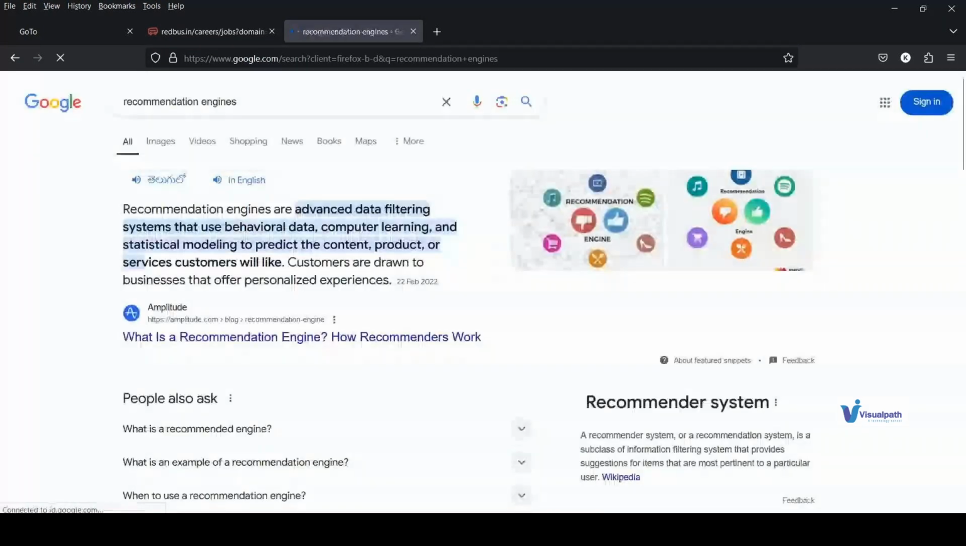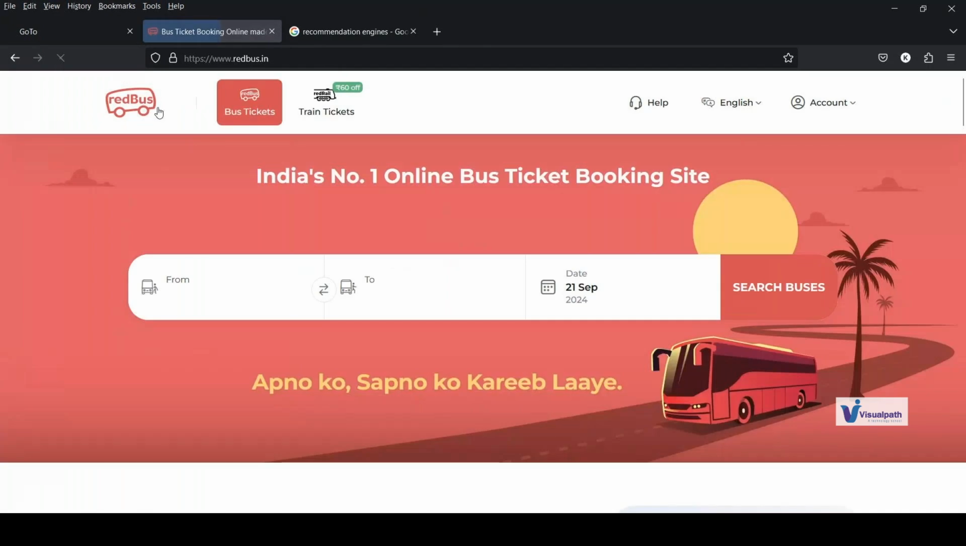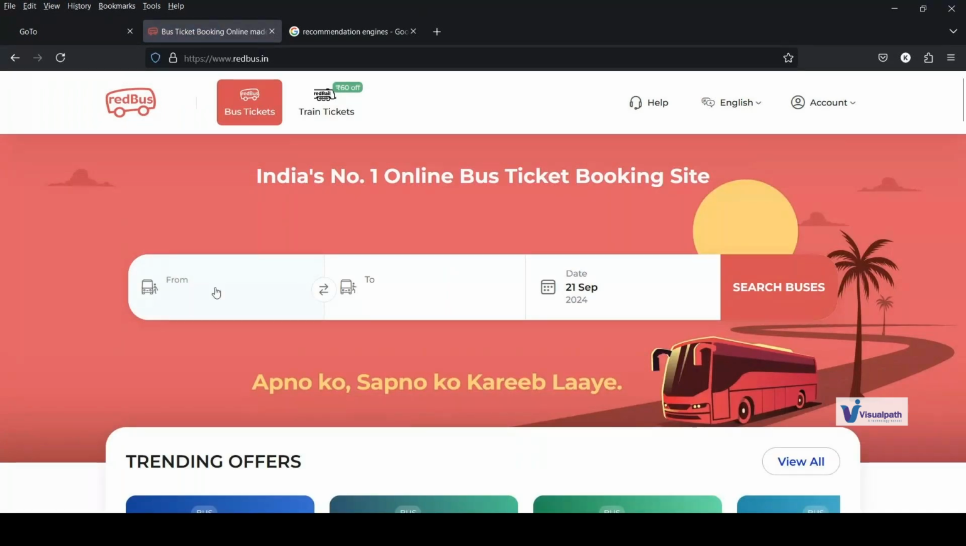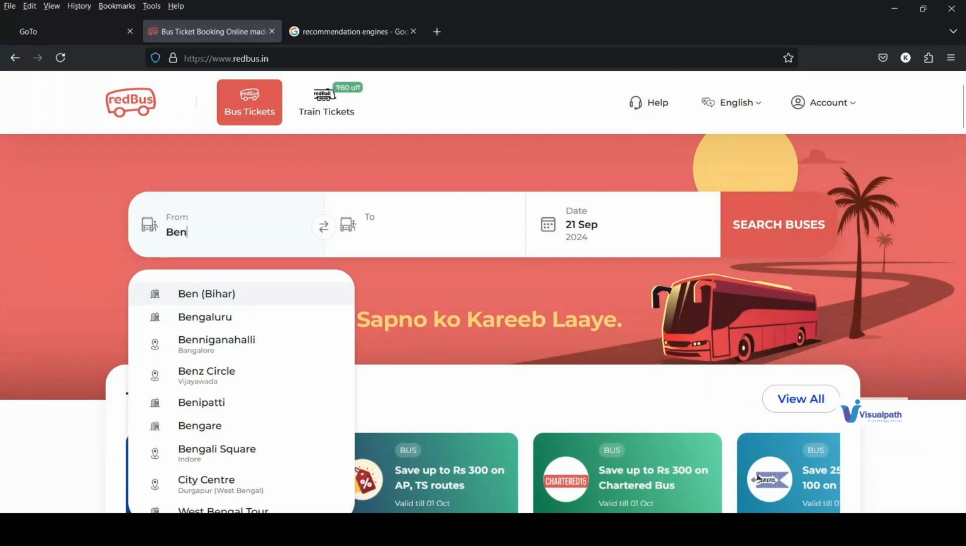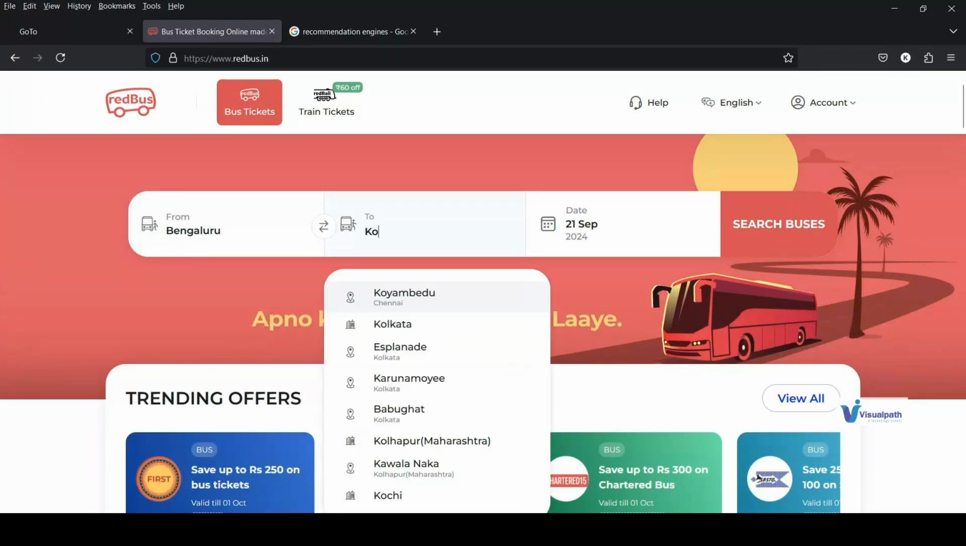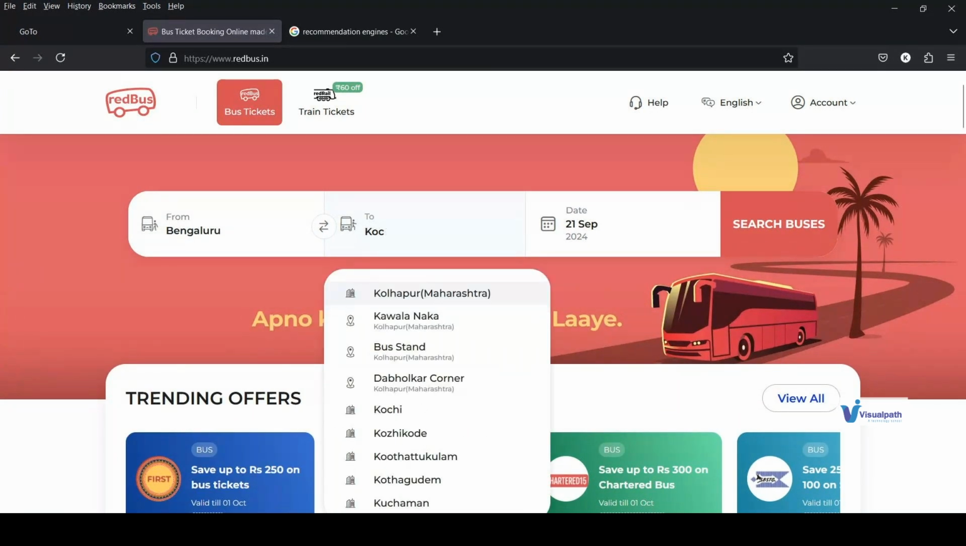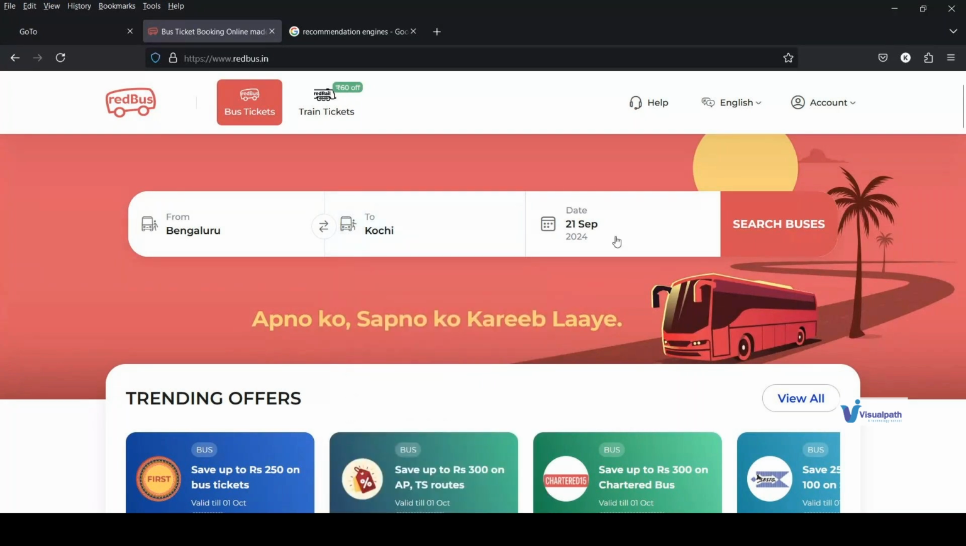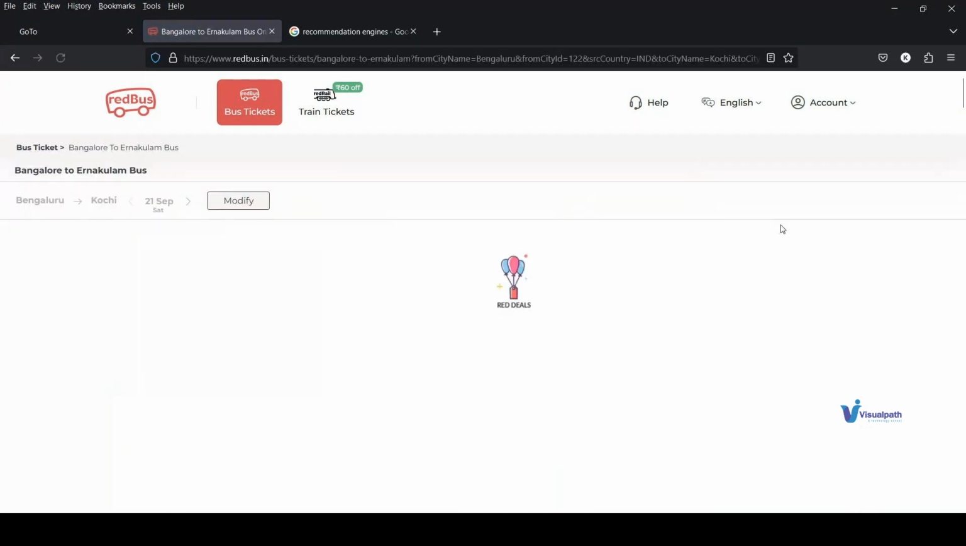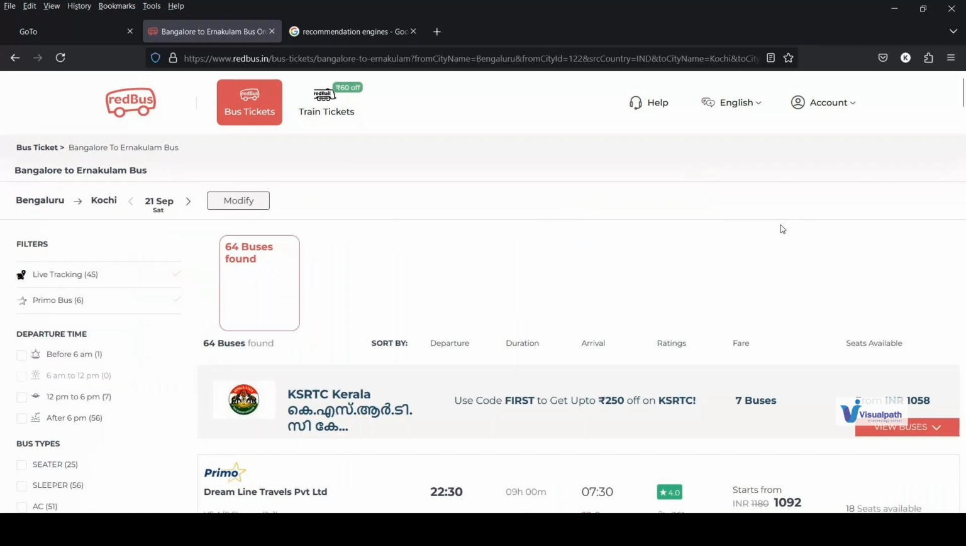Now what is a recommendation engine? A recommendation engine means something that will tell you to take this route. What it is telling me is that if I go to Redbus and start booking from Bengaluru to Kochi, and today I do a search, it should recommend me